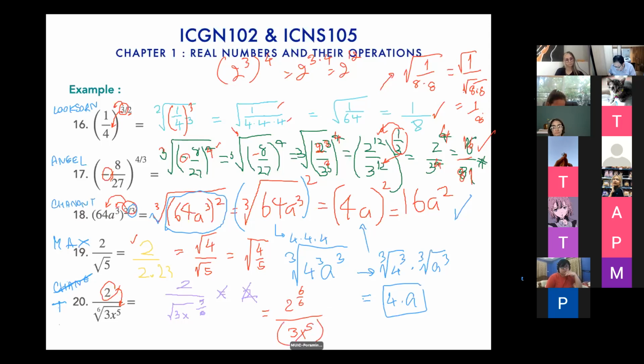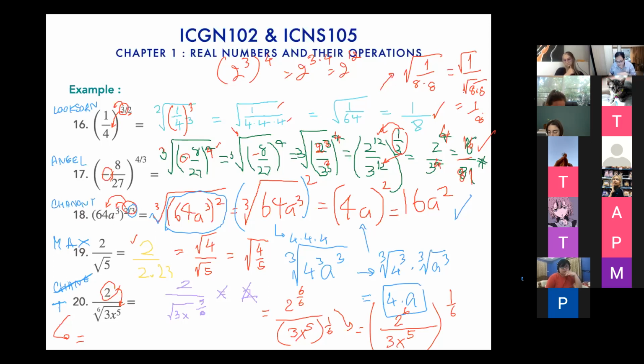to the power of 1 over 6 here, and then I just make it to be in the form of 2 to the power of 6 over 3x to the power of 5, altogether to the power of 1 over 6. From this one, if you want to write it down in terms of the radical, if you leave it like this, this is in terms of the exponent, but in order to simplify,